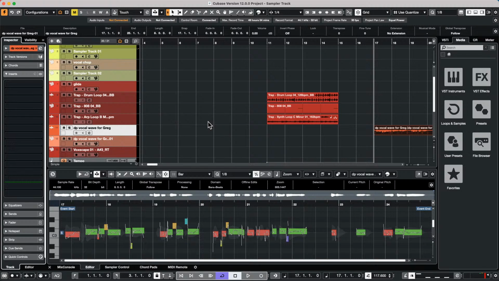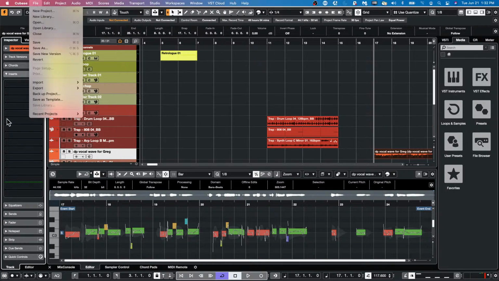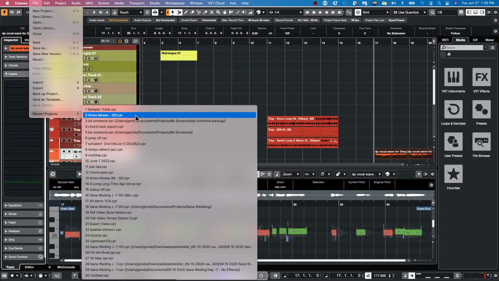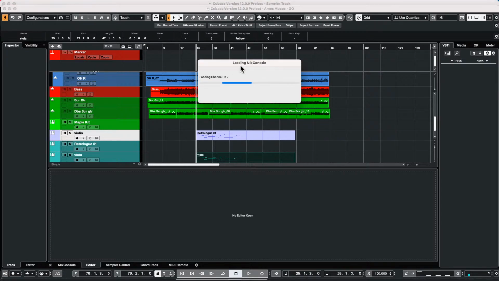So we have a question. Is there a way to record an outboard reverb only without the source that is feeding it? So it depends on how you have it connected. So let's say if we have an outboard reverb, I'll just jump to a different project here. I don't have one connected. So, if the outboard reverb is connected, let's say if we have it connected via,